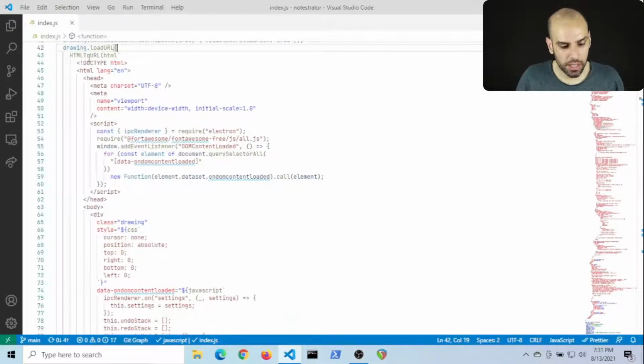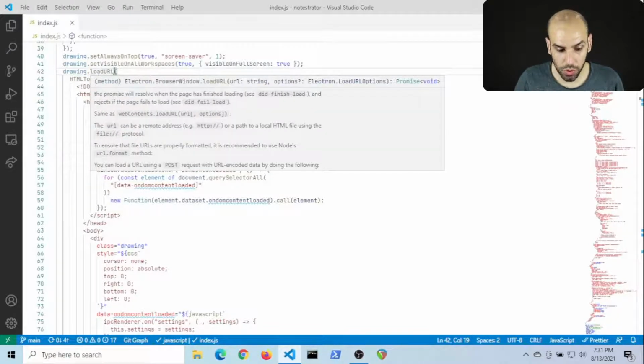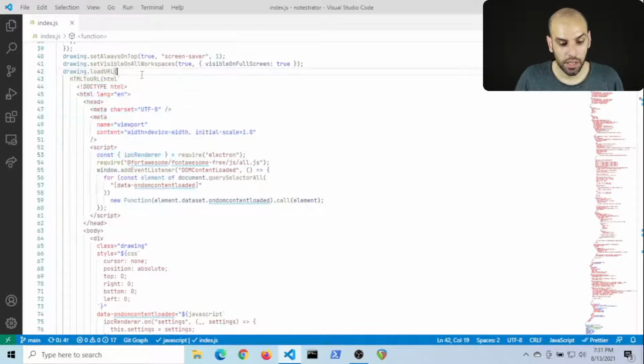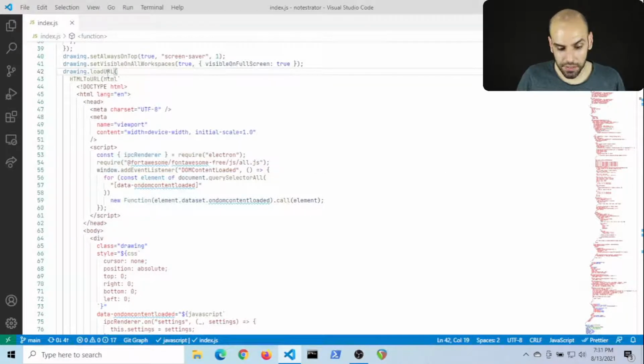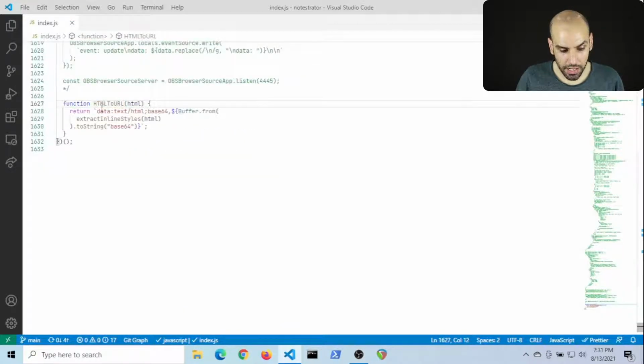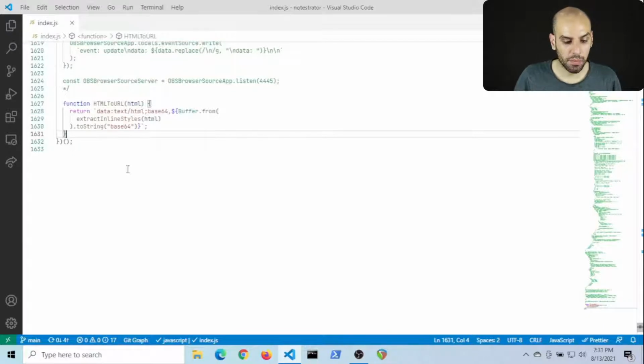And then the fun thing is that to be able to load this, Electron doesn't allow you to load an HTML string. It allows you to load a URL that supposedly would point at a file either on the web or on your computer. But then what I do is I subvert this and I create this thing called a data URL that is like a URL for all intents and purposes, but it contains data right then and there. It doesn't point to a file or to a server on the web. It's just the material right there, the HTML right in there.